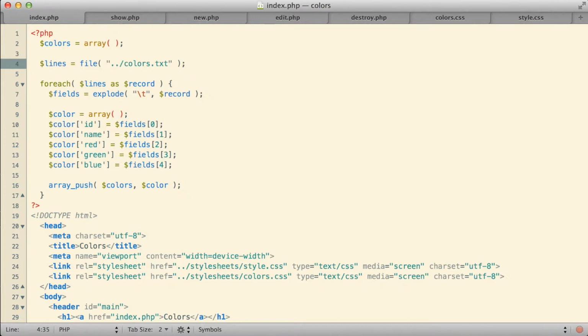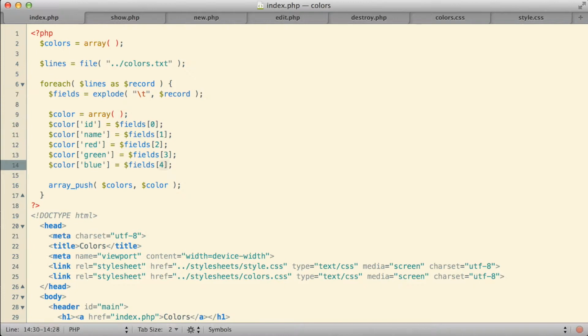The new line was being stripped out for me previously, in an automatic way, by fgetcsv. Here, technically, I would say it should be stripped out by the file function, since it is recognizing those new lines and using them as a delimiter to split my file up into individual lines, but whether it's supposed to or not, it simply doesn't happen. The file function does not remove those new line characters. When we then split our line using explode, whenever the blue value is separated from all the other values and put into the fields array, the blue value at the end still has that new line attached to it.